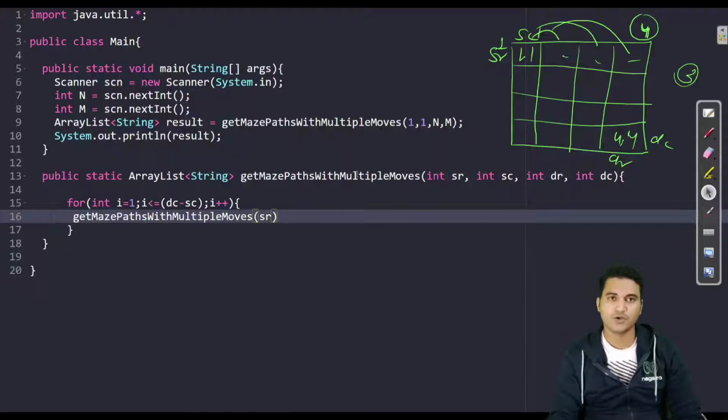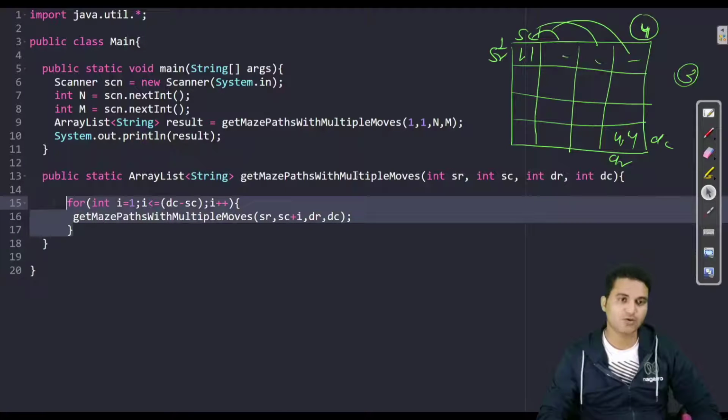The row is not going to change because we are making the call horizontally. The column would change. So SR plus, I can make either 1 step, 2 step, 3 steps, and this depends on i. Either i is 1, or i is 2, or i is 3. This is fine. And destination row and destination column are not going to change ever. This is what you have to do. So you have made the horizontal call.